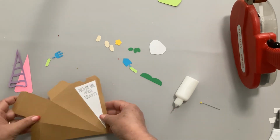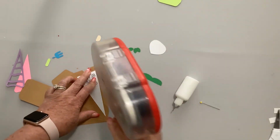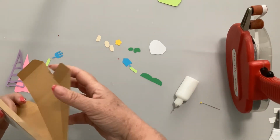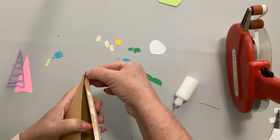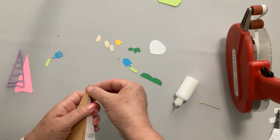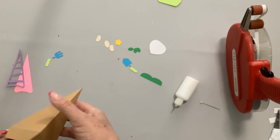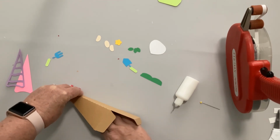Okay, now let's flip it over, and I'm going to put tape along that one edge, that tab. And then we're just going to line it up. Start at the top and get it all folded and lined up, and then work your way down. And if you need to take something and press in there,